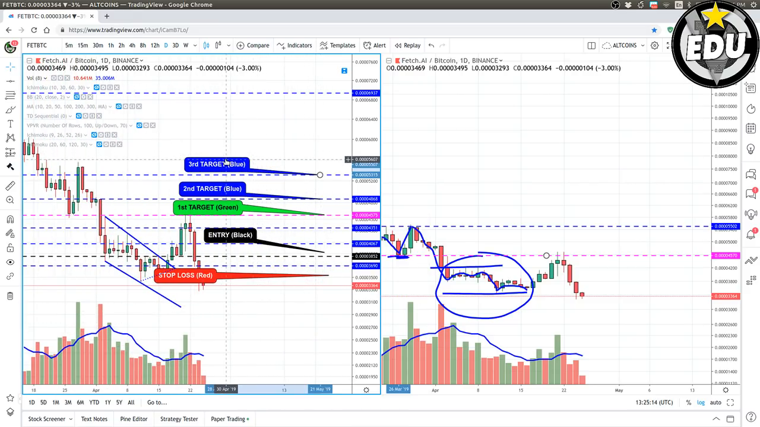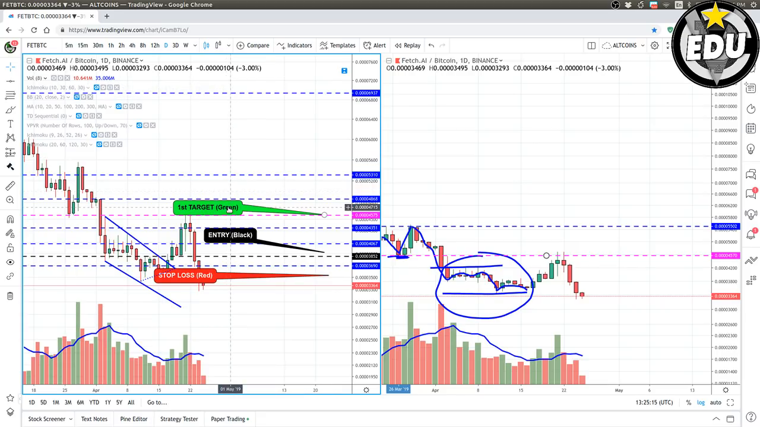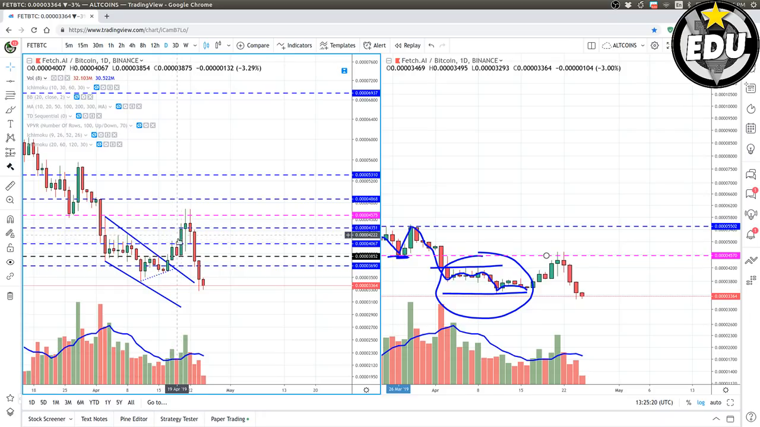This was my hold level though. Then I traced another where I put 1, 2, and 3 TP. I'm going to show you how later on in the smaller time frame. Okay,